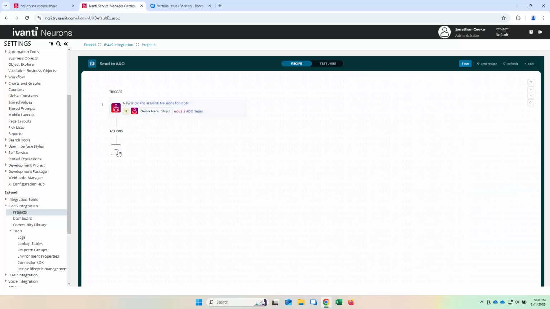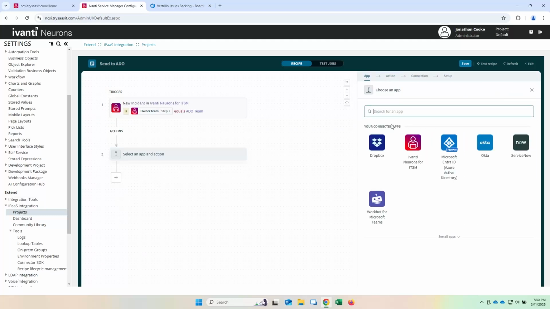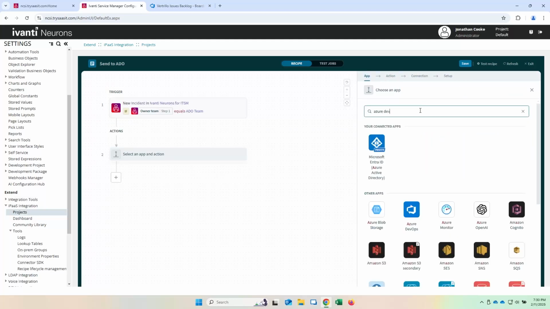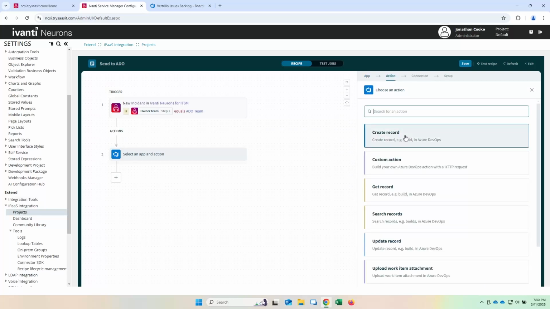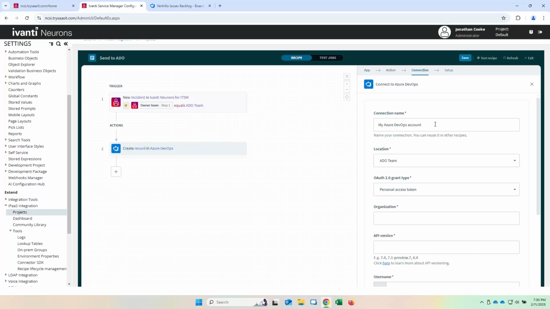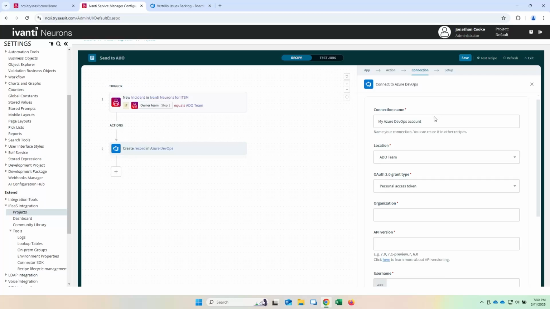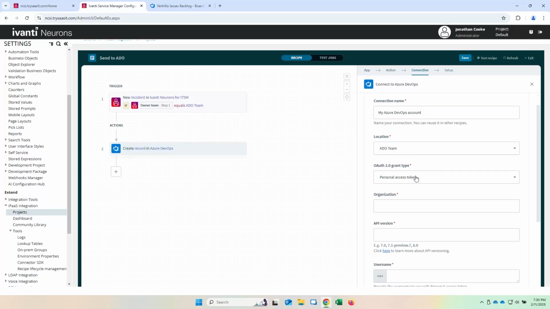Okay, now let's add an action. We're going to do an action in an app. We'll search for Azure DevOps. And we're going to create a record. Since this is the first time we're using this app and we don't already have a connection, it's going to prompt us to create a connection. I'm going to go ahead and use a personal access token for this, so I should only need organization,